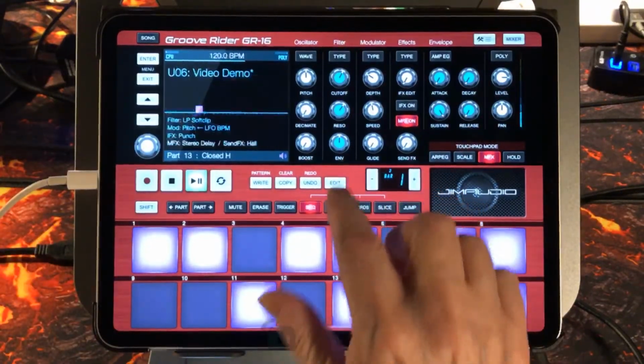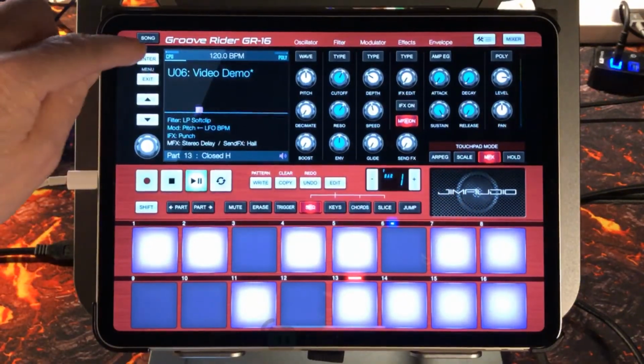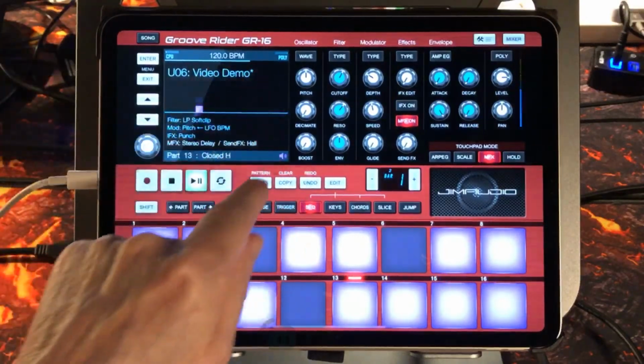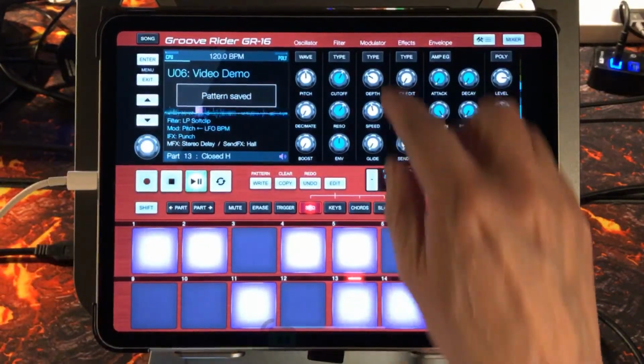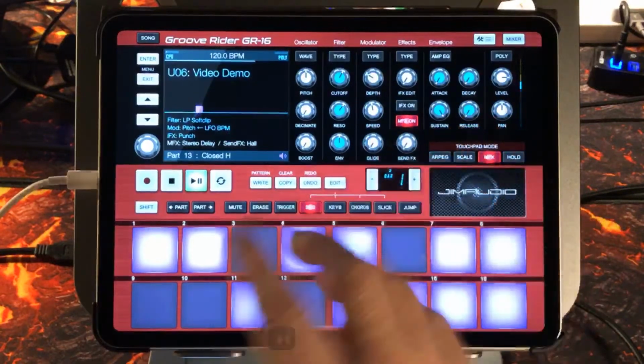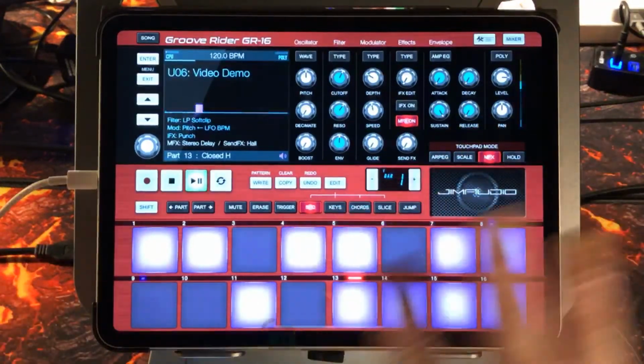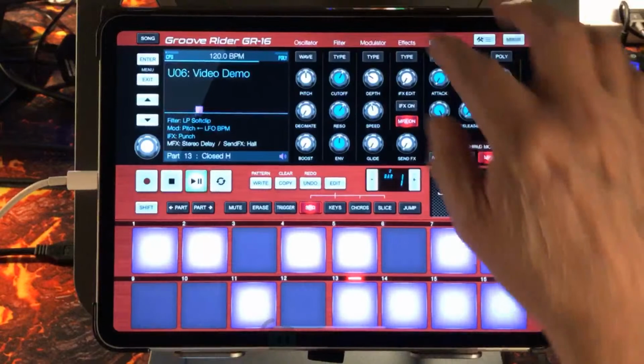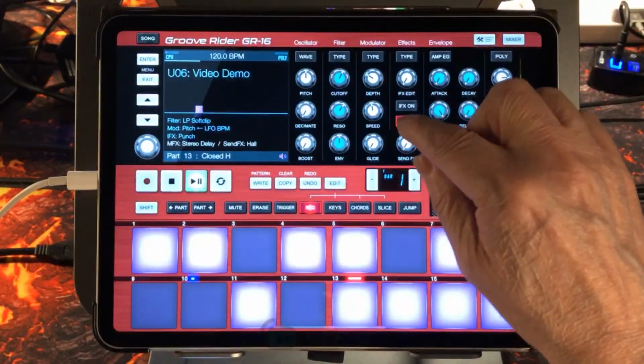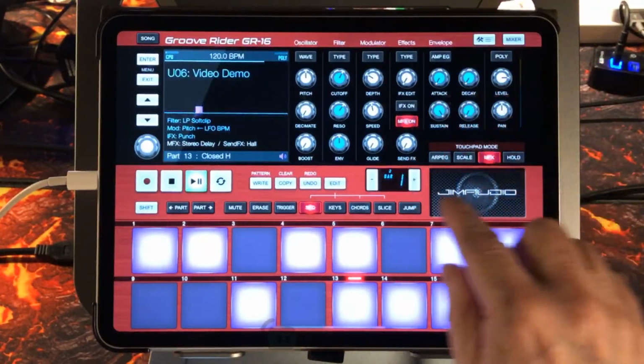Let's exit this now, and I'm going to press right to save the pattern. Okay, so that's your modulator. Glide is literally glide, like on a note. So effects, right? So the multi-effects are